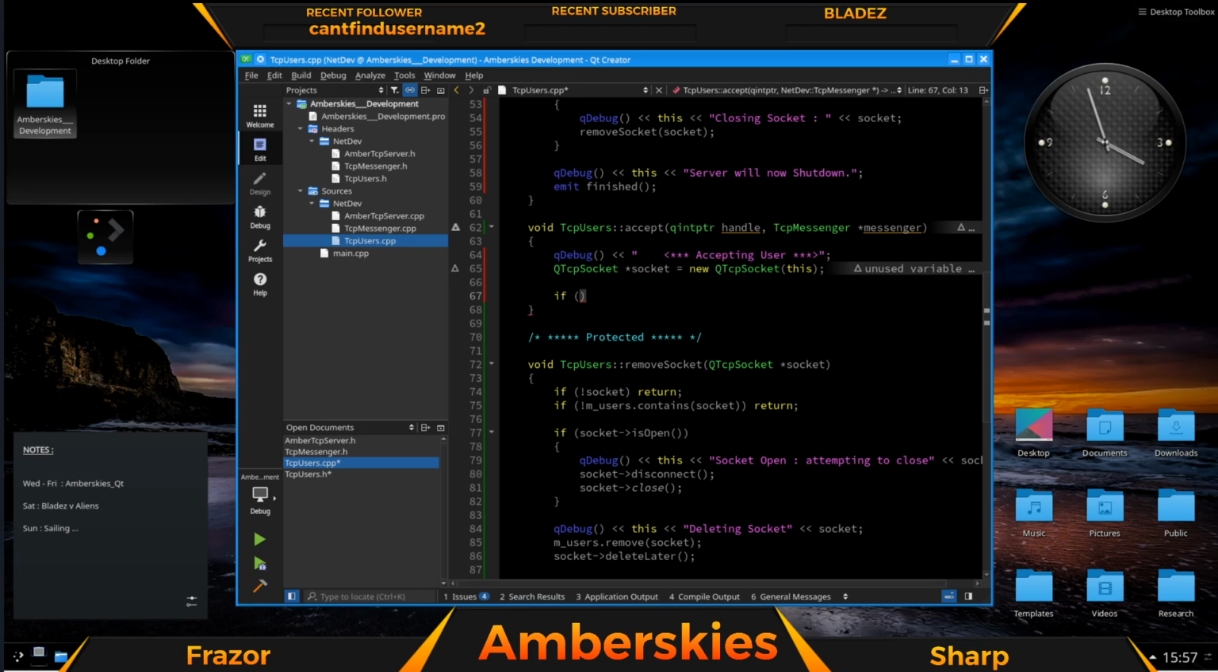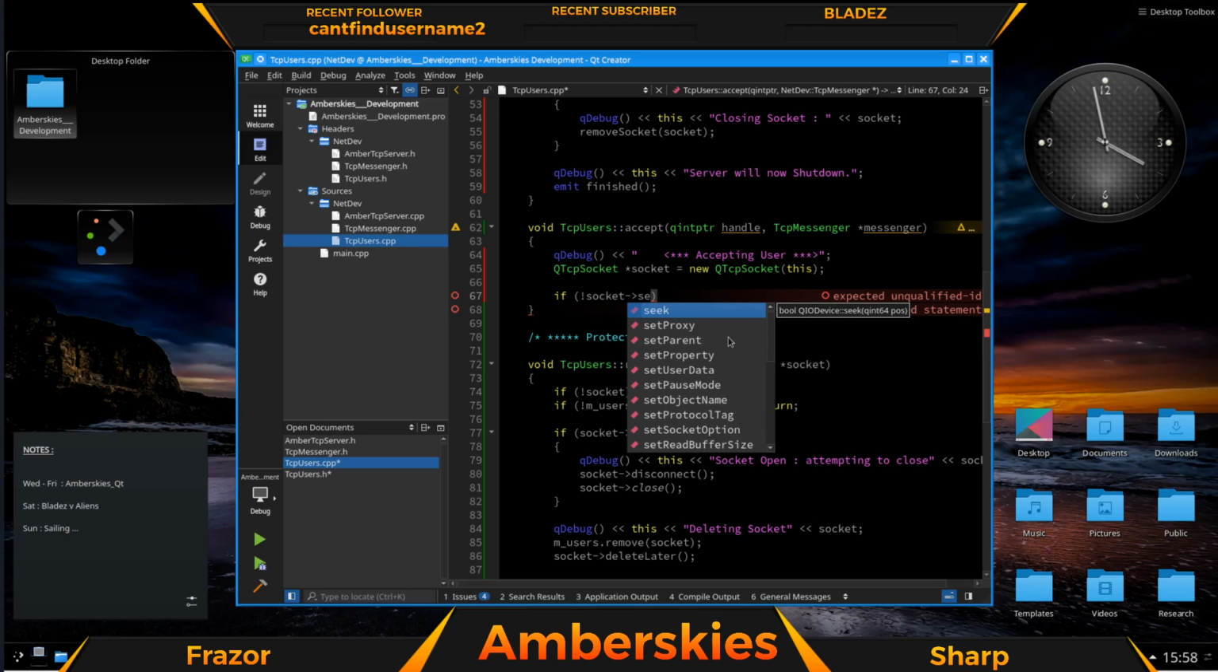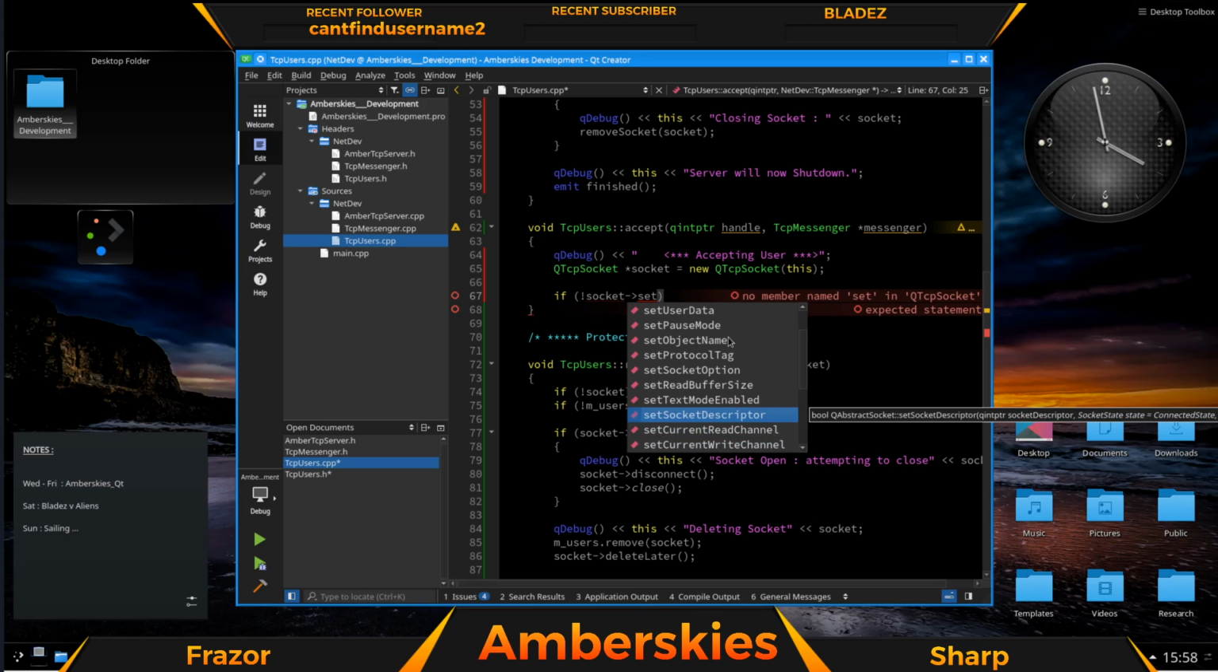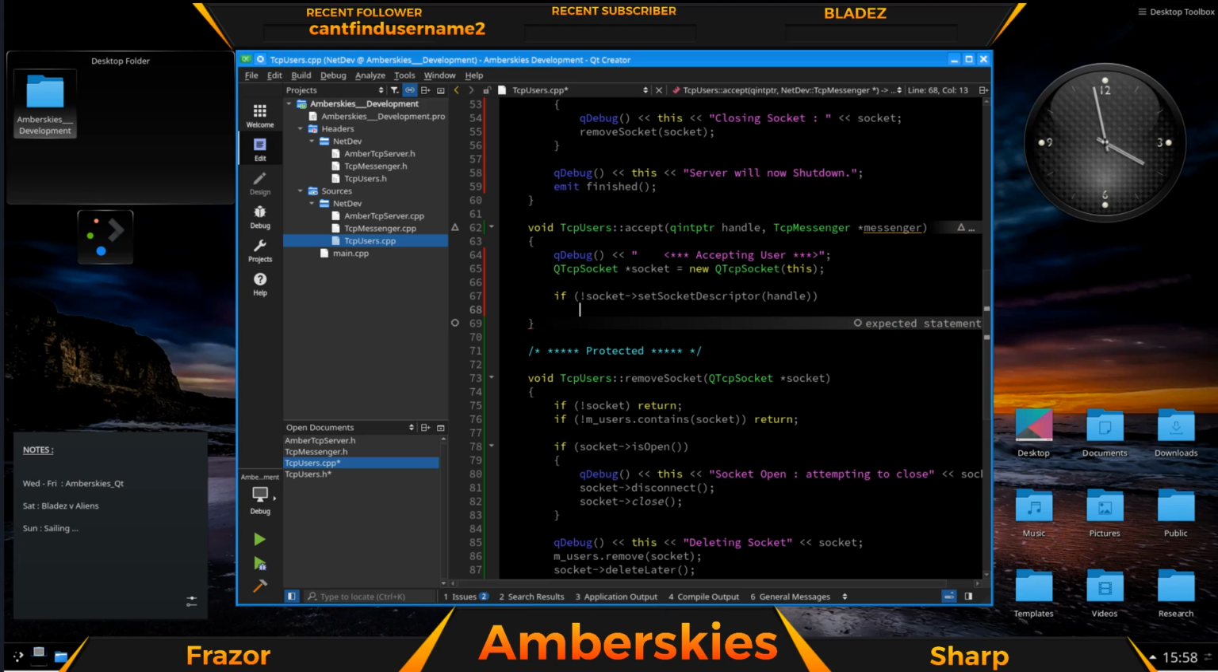Let's get on with this. It's going to be a not, isn't it? I can always tell. Not socket. And we're going to set a socket descriptor, that one. And yeah, it's a bool. It does say a bool, so yeah, we can use it. We'll have you. Set socket descriptor, and that's where we use our handle. That's what it takes. Okay. So if that does not happen,